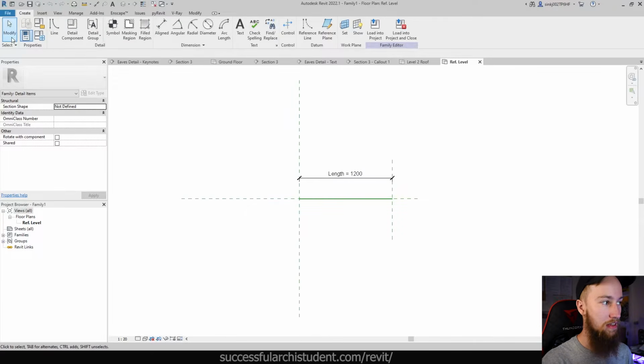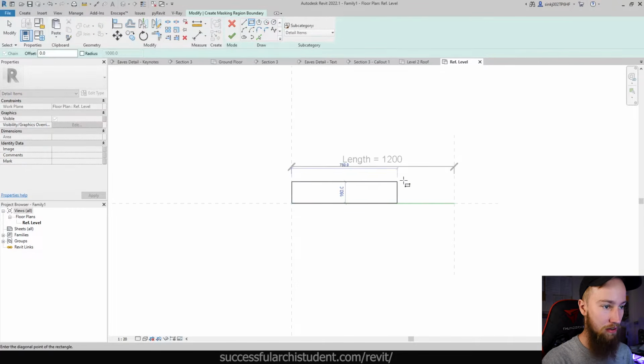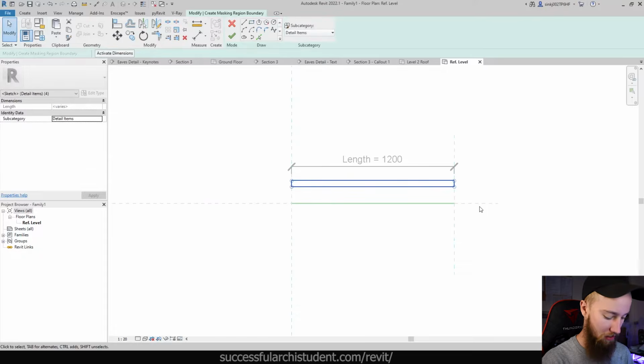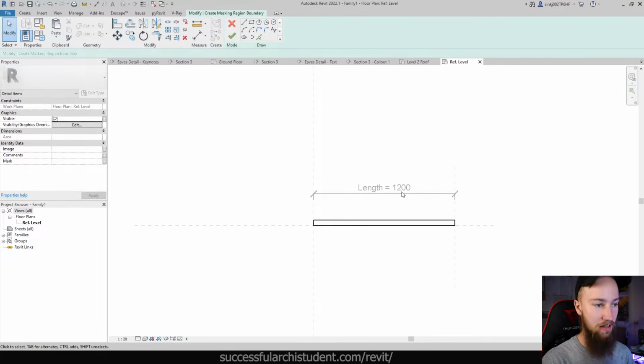What we can do now is create a family that we can then import into this project. So what I'm going to do is use a masking region, and create a rectangle, and I'm just going to lock it onto these reference planes so that it's editable later. I'm going to make the height of it 45 mils, and make sure to lock that onto that bottom plane there. At the moment you can see the length is 1200 mils,